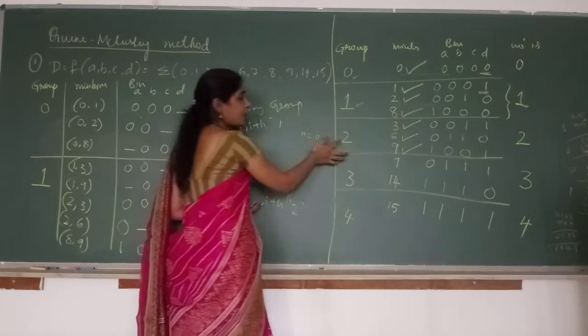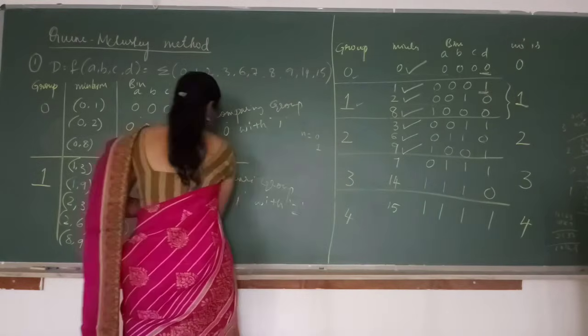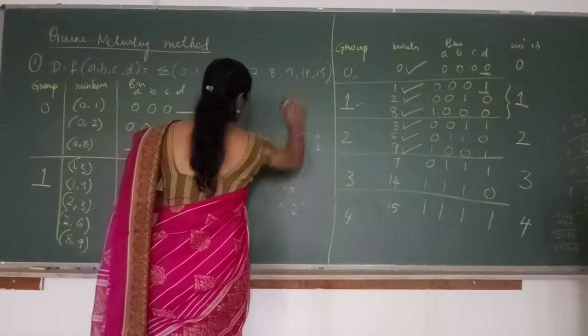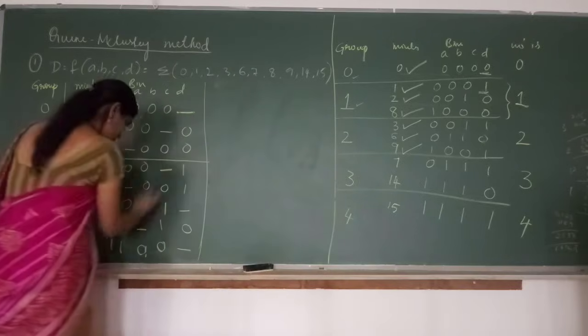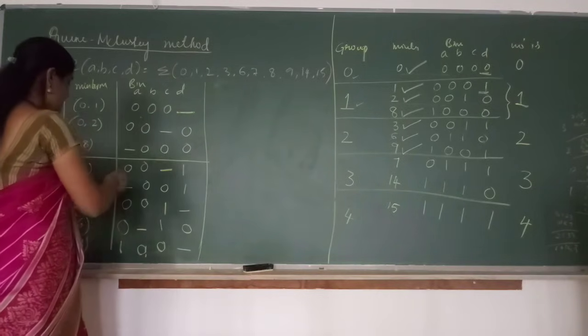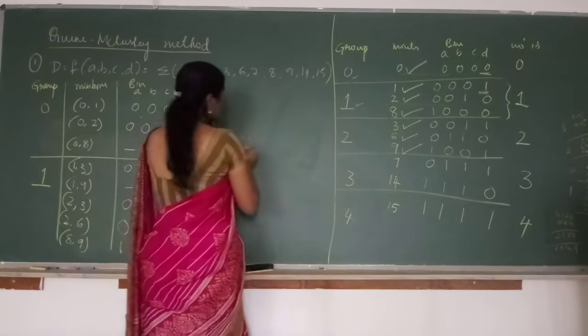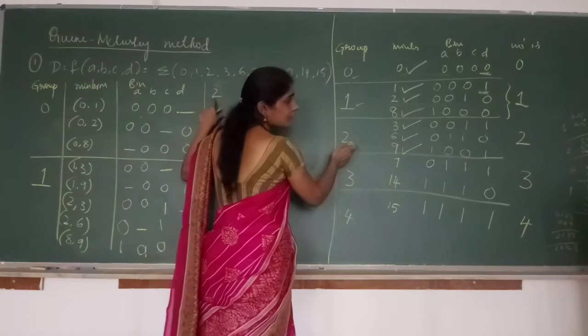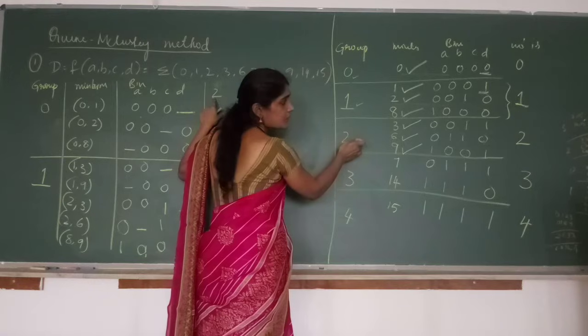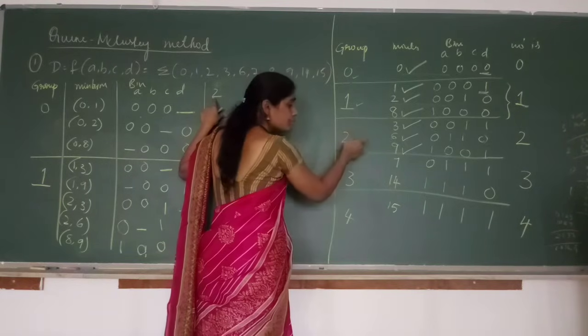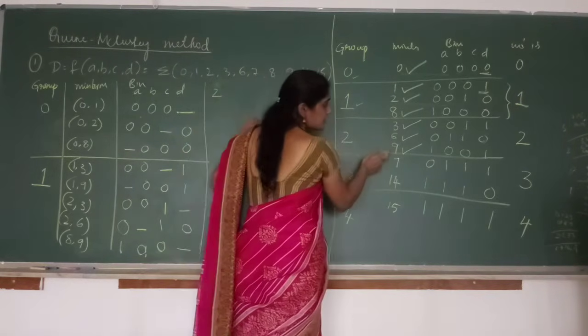Same way you compare 2 and 3. Okay? So I don't have space. You have to write it below. Since I don't have space there, let me continue here. I write group 2 here. Group 2 is what? Group 2 I get when I compare all the min terms that are present in group 2 with 3. So compare 3 with 7.